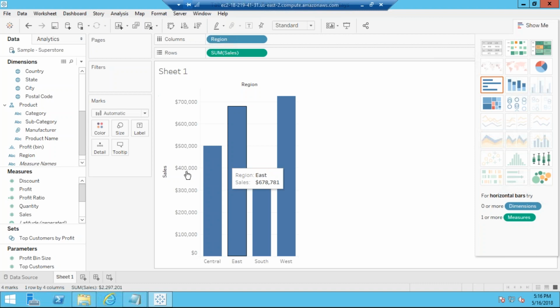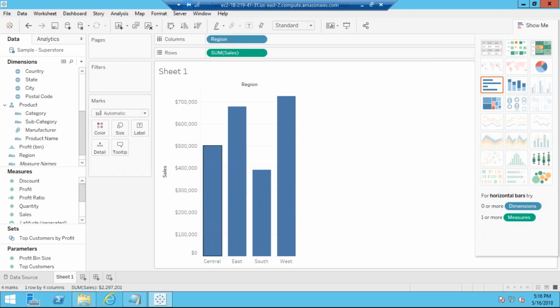Now here you have sales, here you have region. So what else do you want to do in this? You would like to have states also in this. So you would like to have states here. Before states, I want to see this. This is fine. This is what my user wants to see: sales by region. Right now I'm showing all the states and their sales.